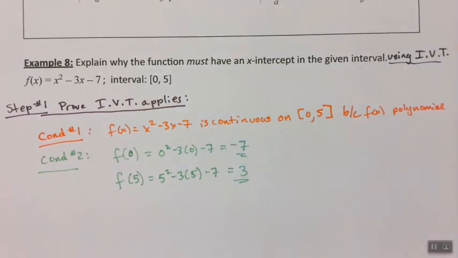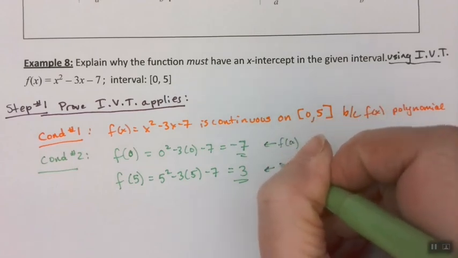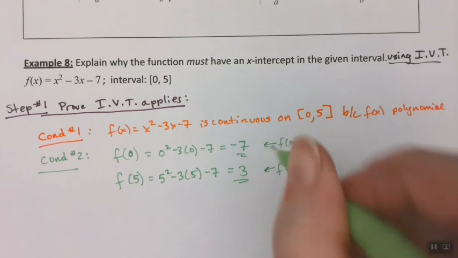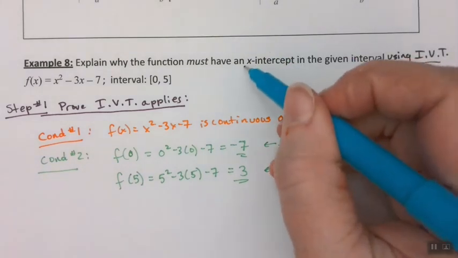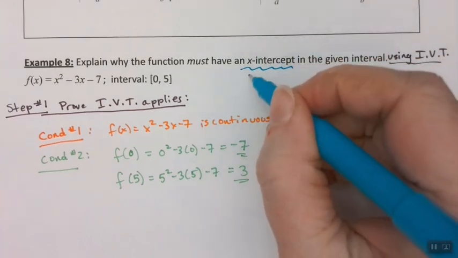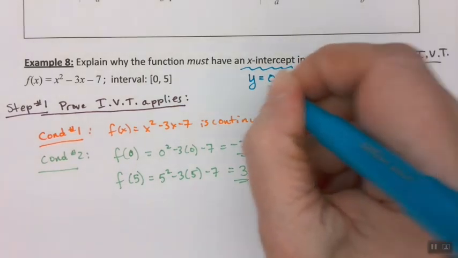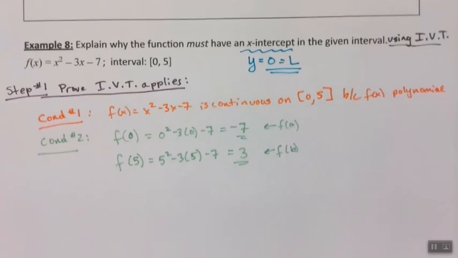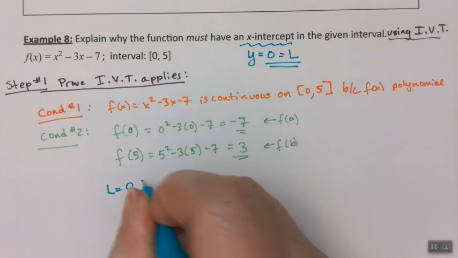Wonderful. So I have my f of a, right here. There's my f of a. There's my f of b. So I've got my low and I've got my high. But where's my middle? What's my L, my middle value? That's a little bit tricky to spot, but it's right here in this word, x-intercept. Since I want an x-intercept, I want the y to be equal to 0, which will be my L value. So now you have to ask yourself, is L, which is 0, in between